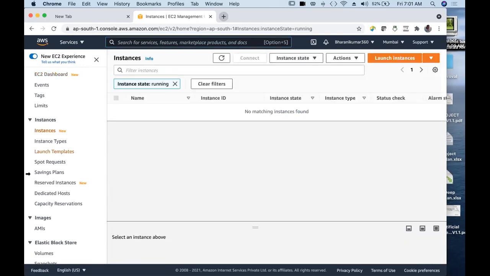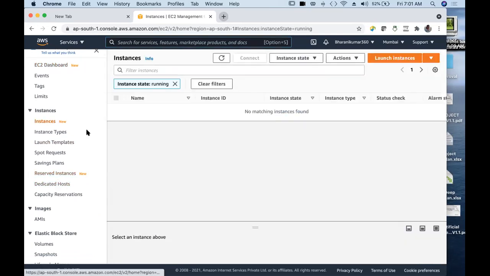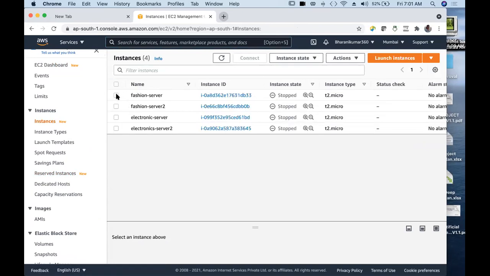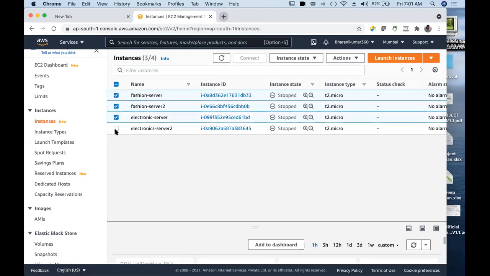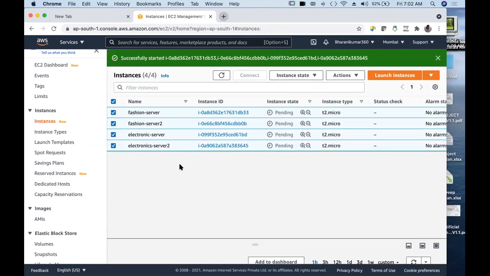Instances running. Okay. Let's start our instances first. Meanwhile, we will go and recap our load balancer. Start instance.